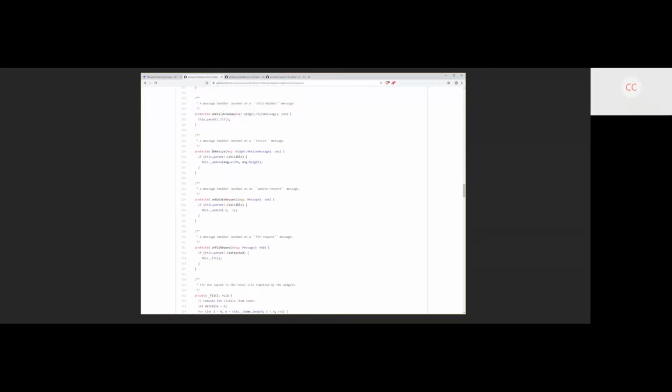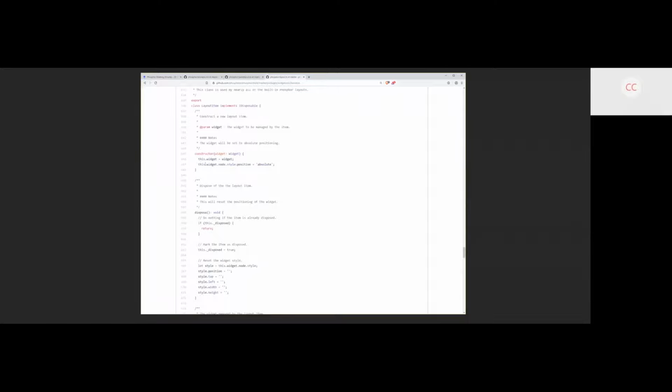Okay, so we're implementing a layout that takes control over positioning the child widgets on the page. That means it needs to respond to being resized, or in more specific terms, it needs to respond to its parent being resized. And if we recall, in the base class here,